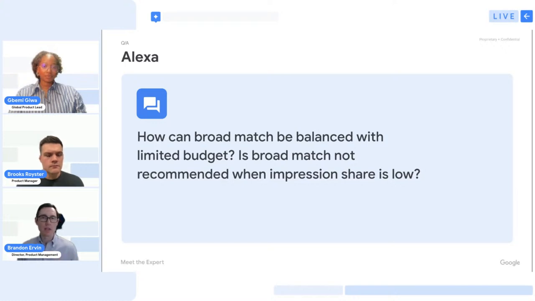But if your goal is, I have an X budget and I want to maximize the value I get out of Google Ads, I wouldn't focus on impression share in that world. I would focus on whether broad and smart bidding are delivering the conversions and value that I care about, and we see the vast majority of the time that really is the case. So it depends. If impression share is not the primary goal, broad match works really well. If you have another goal, like share of voice, then you should think about whether broad match is the right choice for the specific budget you have in mind.